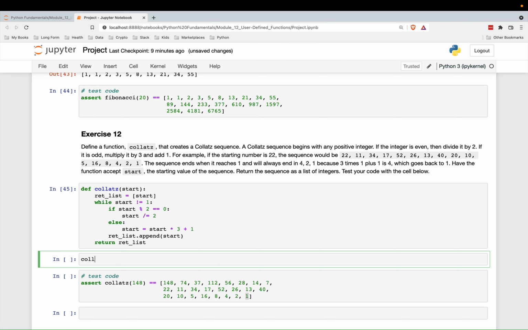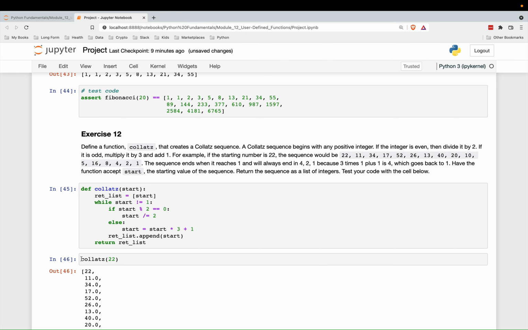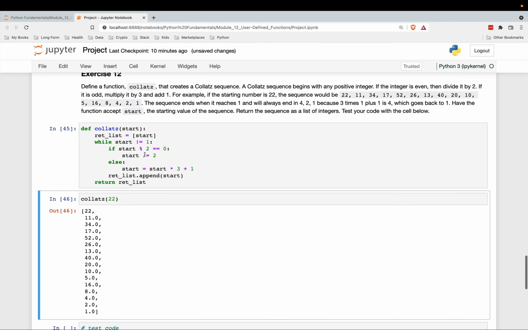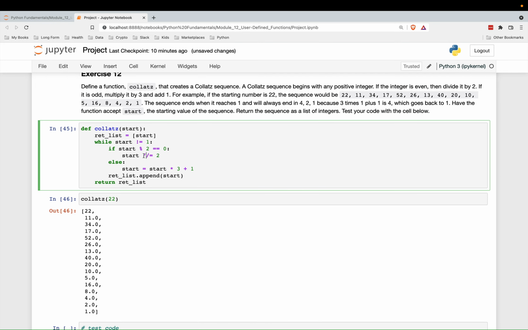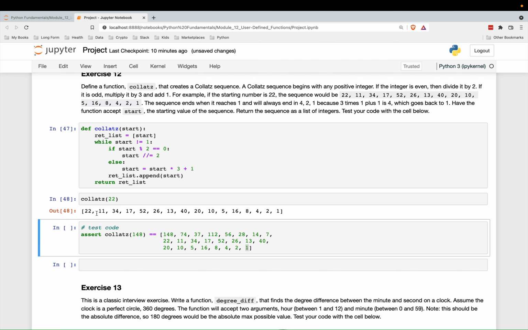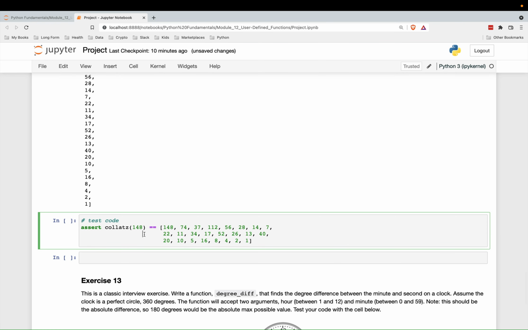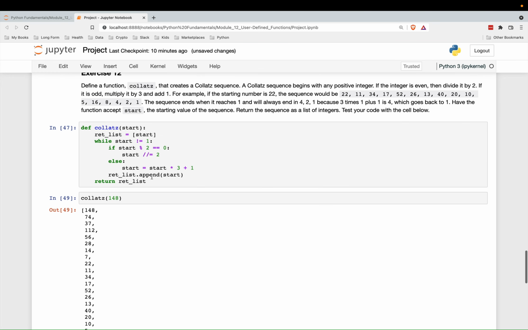All right, so let's go ahead and look at this. Let's do it with 22 first and see if we get the answer. Notice it turns it into floats. So one thing you can do is do integer division. So 2 slashes to get integer division. That way it'll only return integers when it's dividing. So I'll make it nice and neater. Let's look at 148. And it looks like we've got the right answer. So we can run this over here to test it. And nothing happened, so we know we got it right. So again, here is the code that completes it. Let's move on